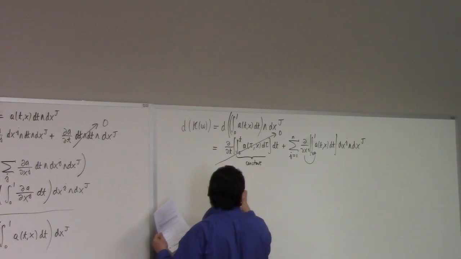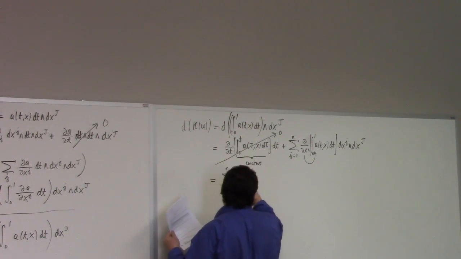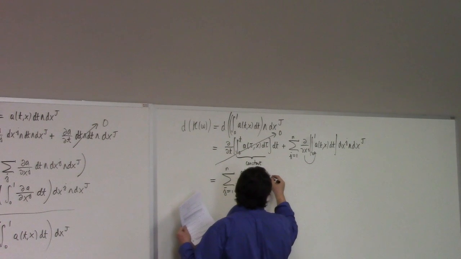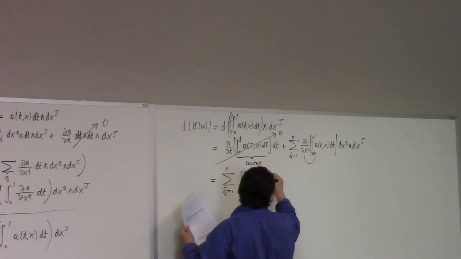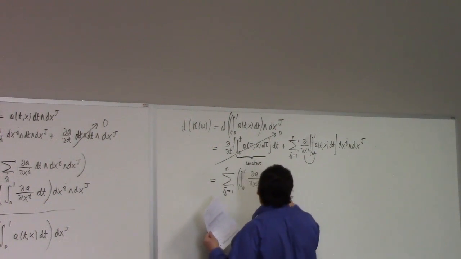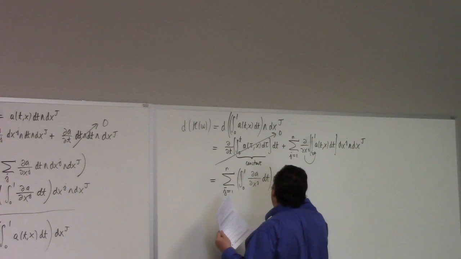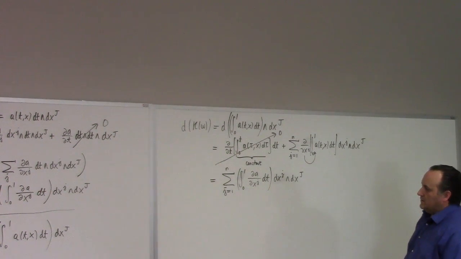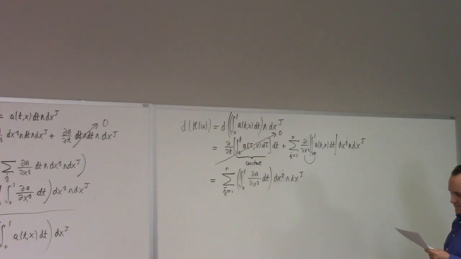the sum, j equals 1 to n of the integral from 0 to 1 of partial a partial xj dt, wedged with dxj, there's no wedge here, dxj, wedged with dx big J. Therefore,